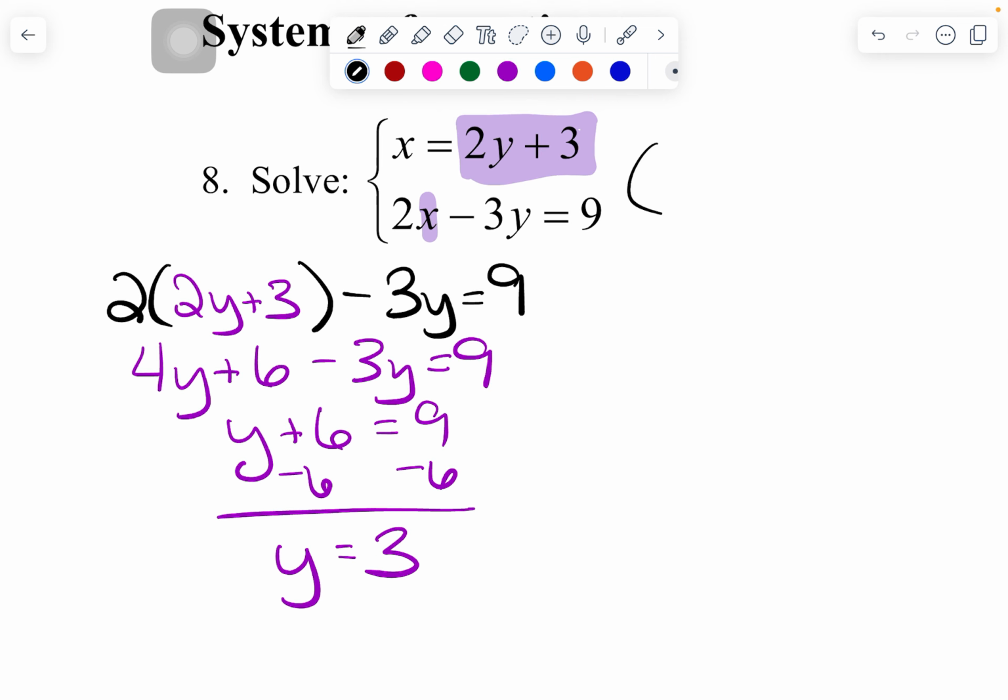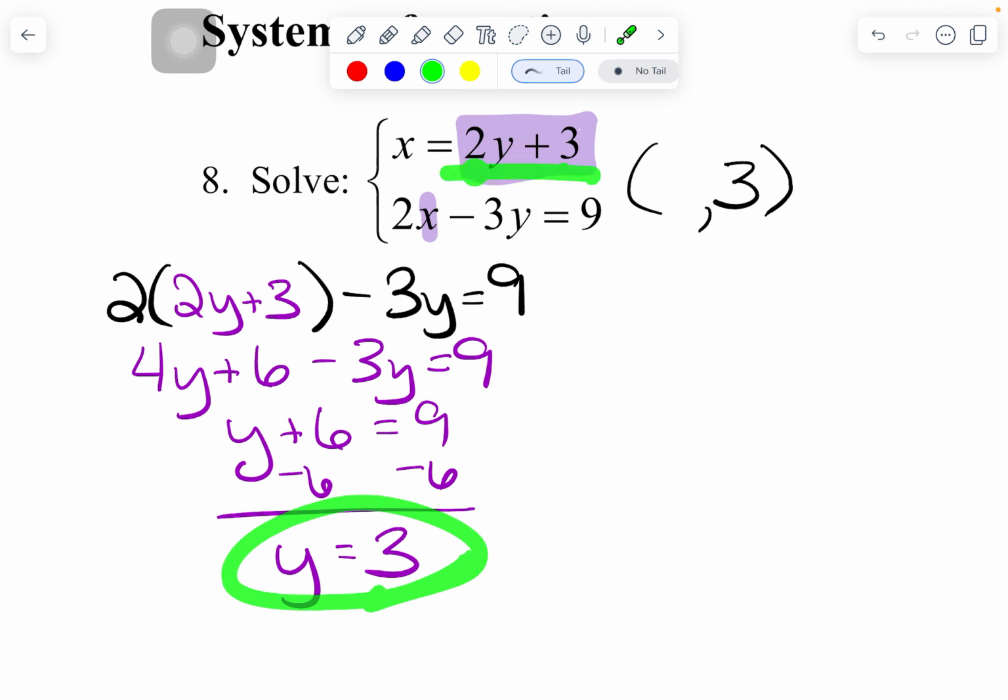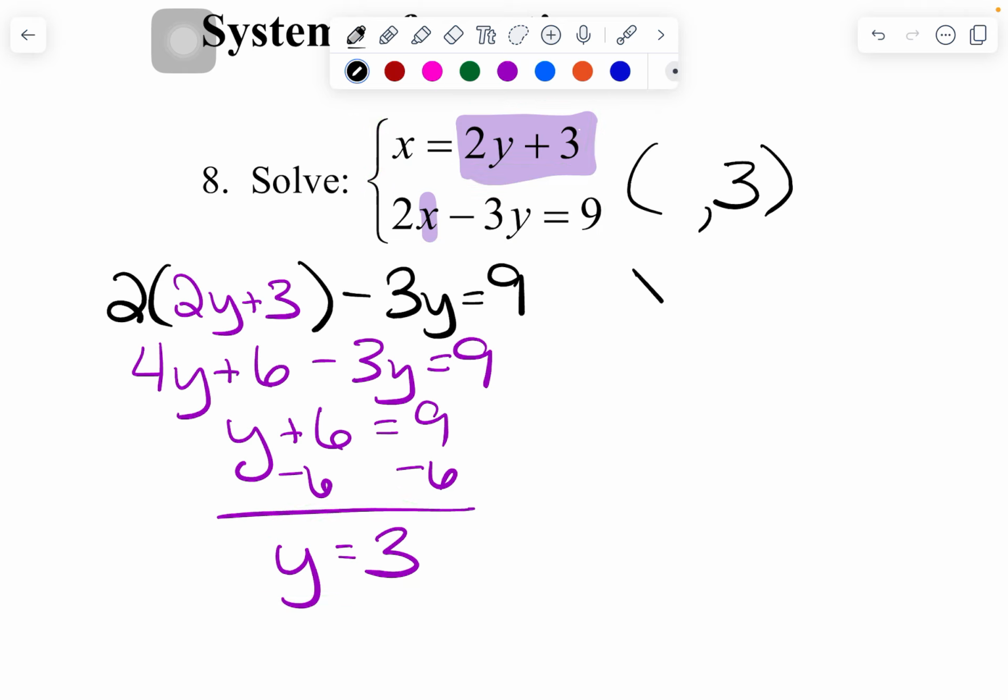So as we talked about before, a system is, in this case, a pair of equations, and we are looking for where they intersect. What is the common point that makes both of these equations true at the same time? In this case, I now know that common point has a y value of 3, but I also need to know what the x value is. So I'm going to take this value for y, put it back into one of the two originals. Does it matter which one? Not really. I'm just going to go with which one I think is easier, which is going to be the